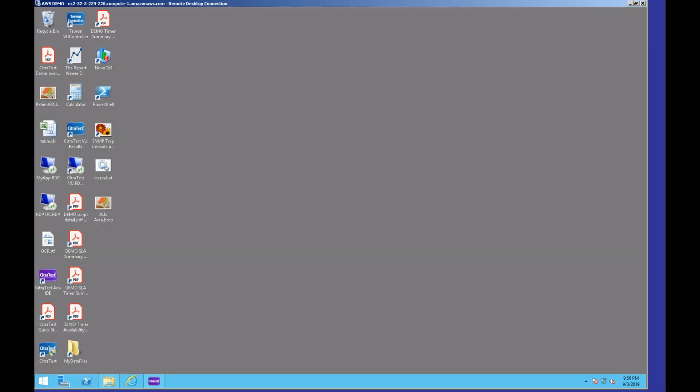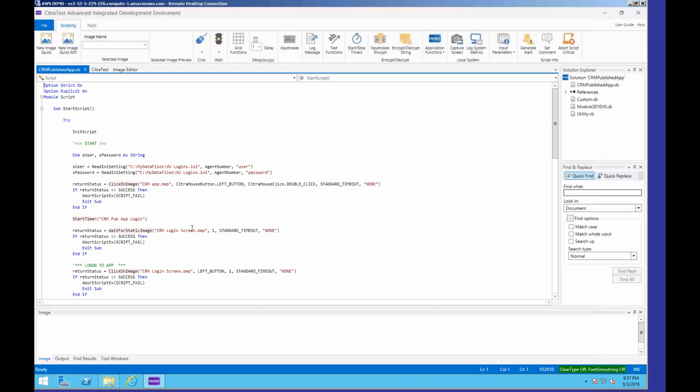In this video, we'll review how to configure your CitraTest load test and open the VU controller, create a scenario, launch the CitraTest VU desktops, and begin the load test. So for example, you might have a working script that plays back on the desktop as a single user, and now it's time to take the script and play it back across a number of VUs to simulate a multi-user